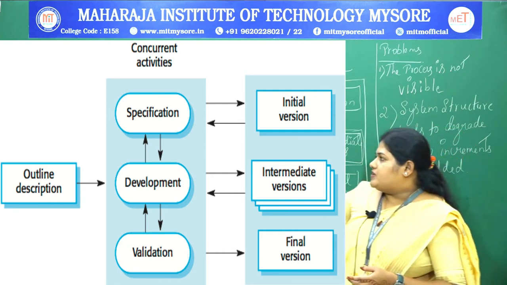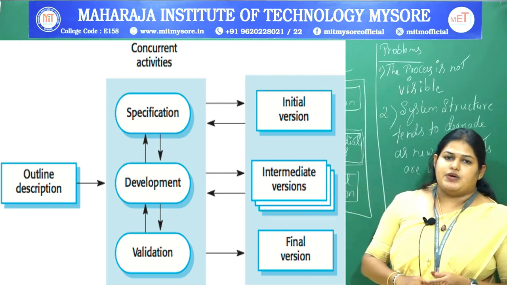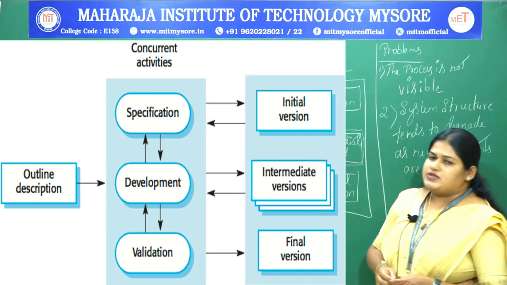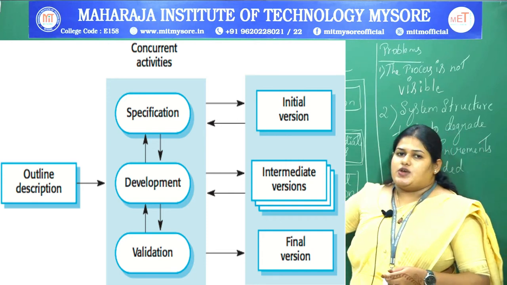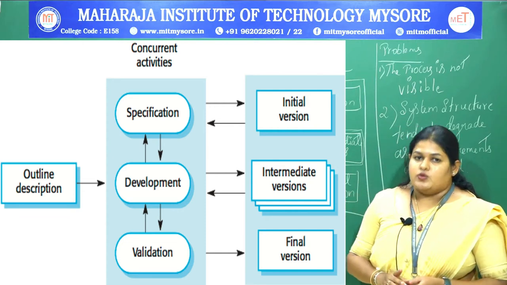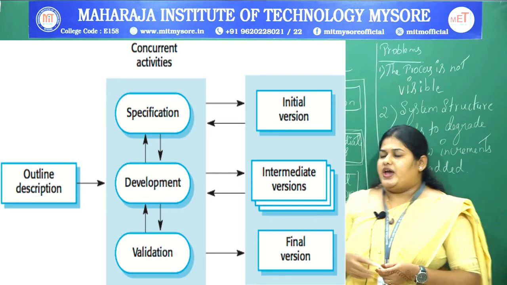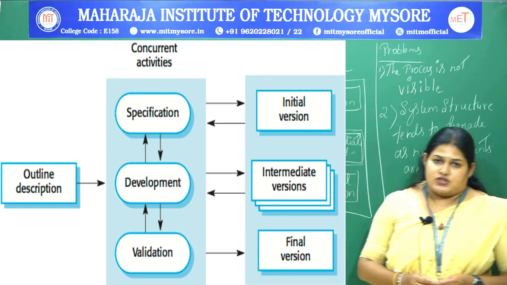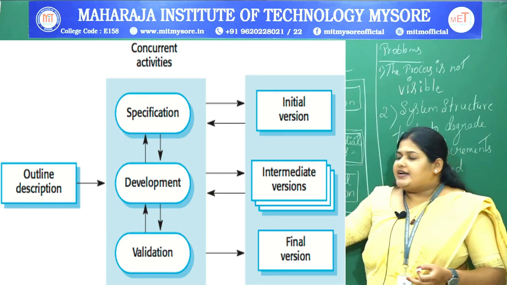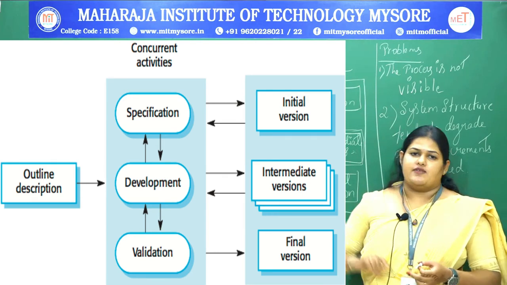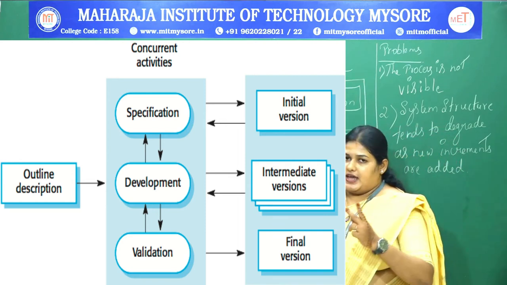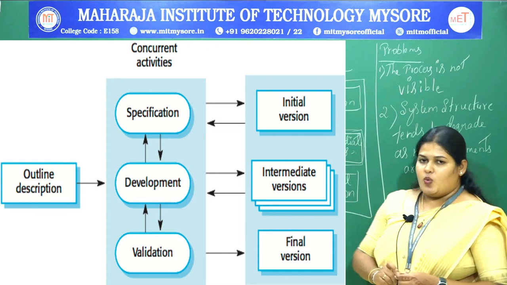In the development phase, once the initial version has been accepted, for the second version, that is the development stage, if you need to change some of the requirements and the required data, even in the development stage, which is called the intermediate version, there is a chance to change the requirements as well as add on requirements, and you can develop the product. So the second option is the intermediate version.